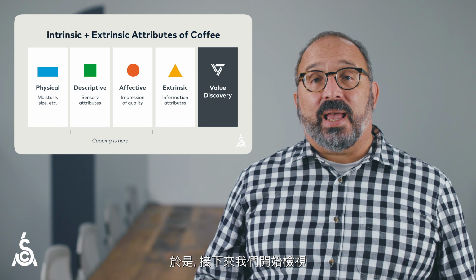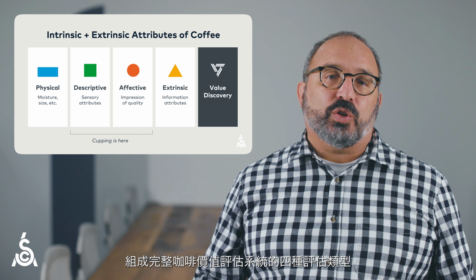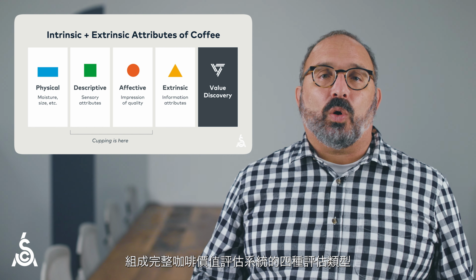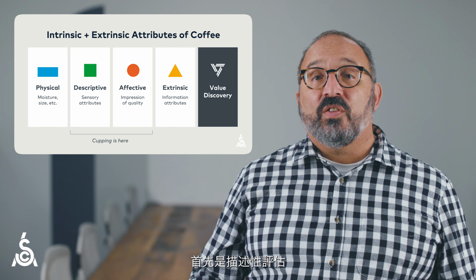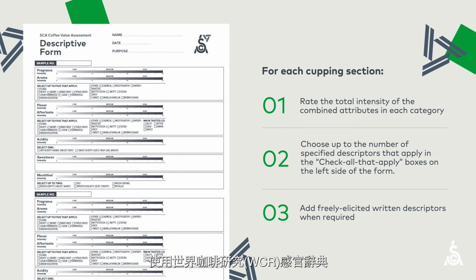We then began to review each of the 4 individual assessment types that make up the holistic CVA. First, the descriptive assessment, where you'll record information about a coffee's sensory attributes using basic olfactory references tied to the World Coffee Research Sensory Lexicon. You'll use this assessment to record the intensity of each category, check all that apply descriptors, and write freely elicited